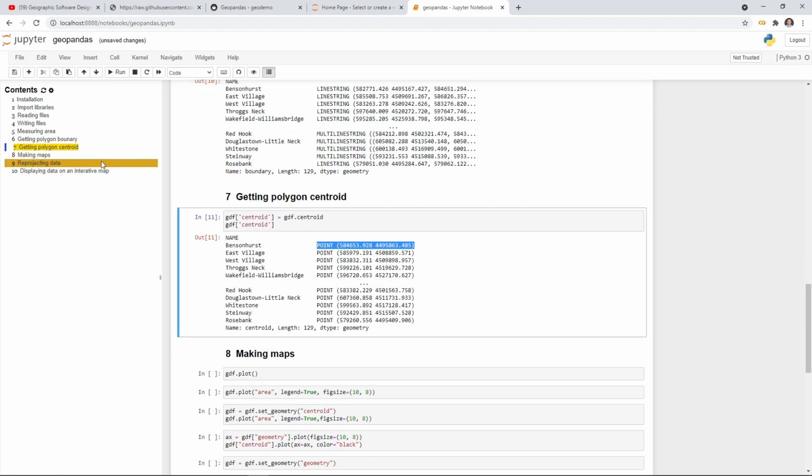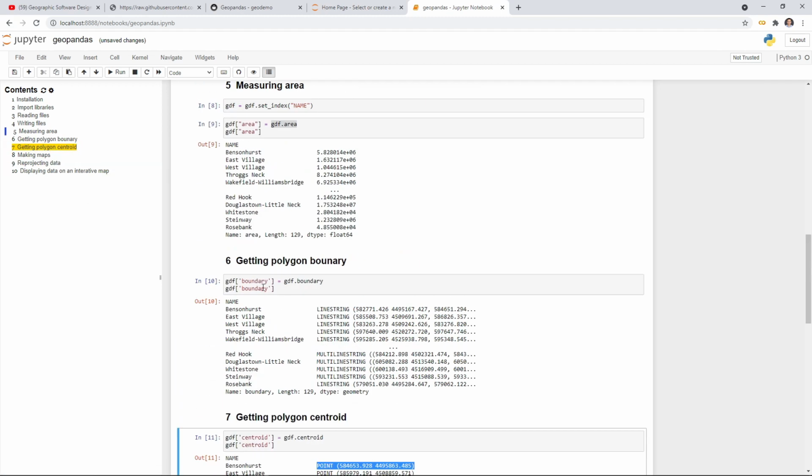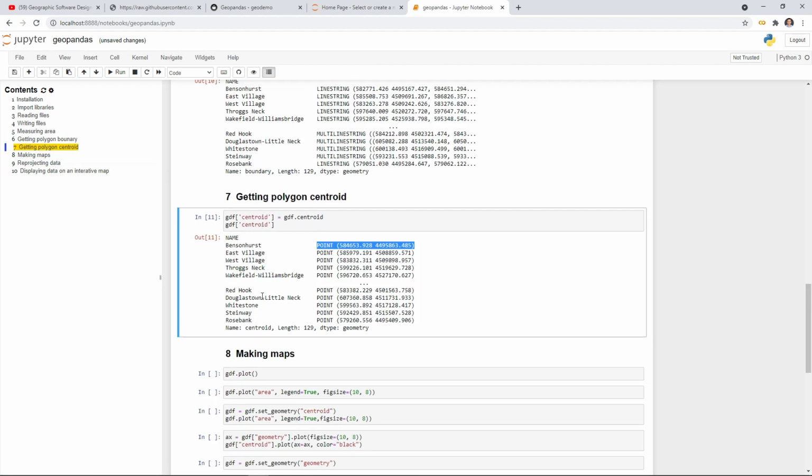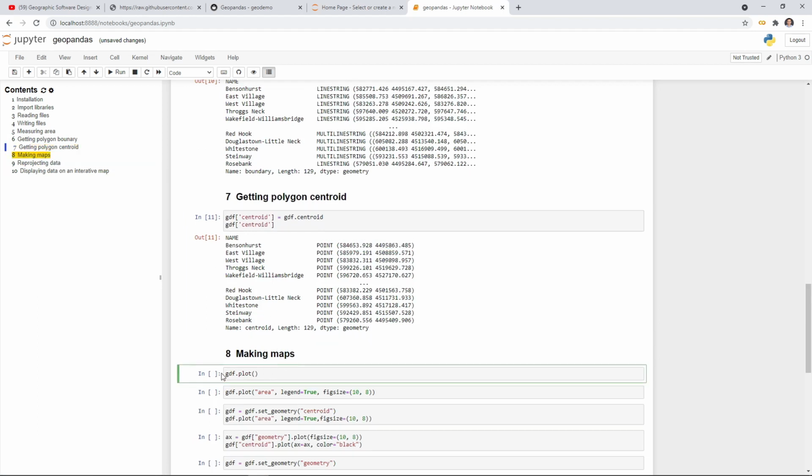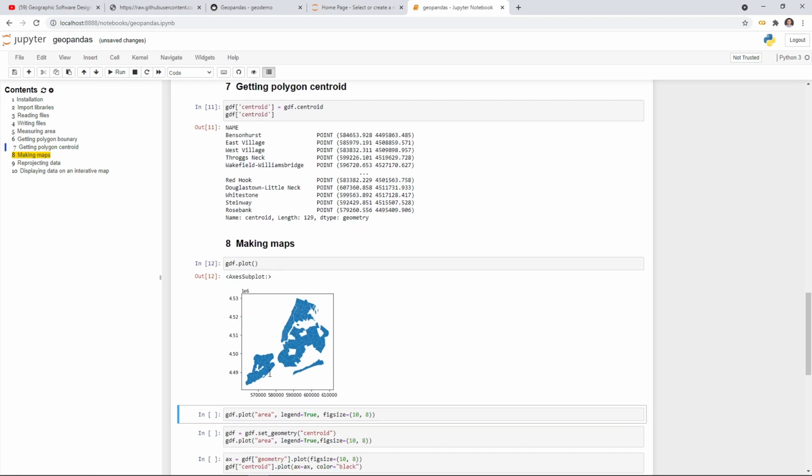Once you get all the data, and you deal with measuring the area, for example the length, or getting the centroid, you can also create some maps. The simplest function you can use is just gdf.plot. The gdf is the geospatial data frame, and by default you don't need to provide any parameters. It's just going to show you this one, by default a small plot. And this is the polygon that we use,